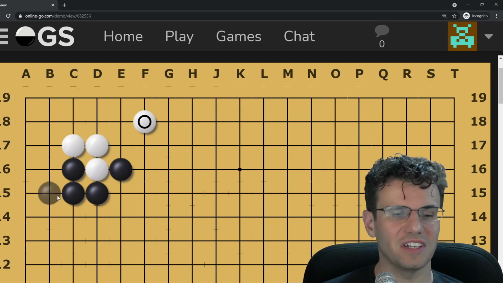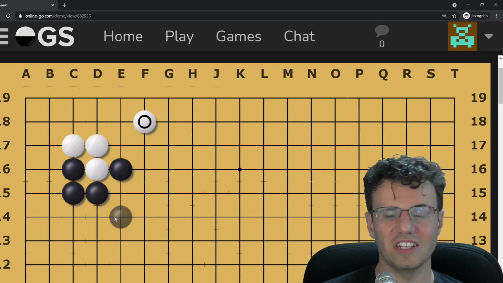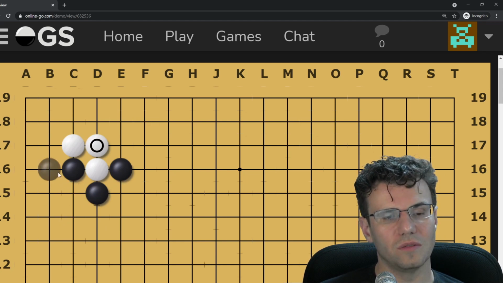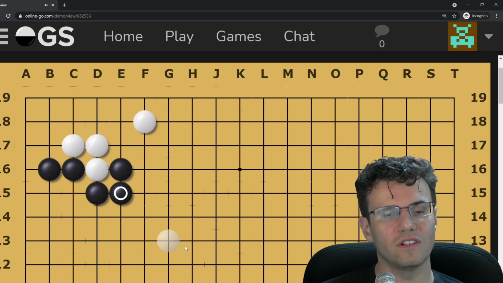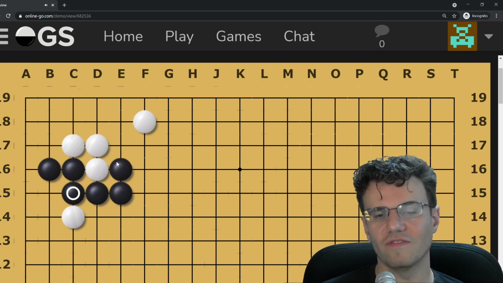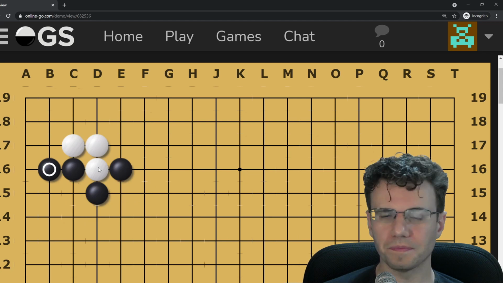Black still has a defect, not a real base, some thickness, but again, it's not thickness that's totally facing the outside. You can kind of imagine that, oh, here, let me put this stone here, and this stone here, and this stone here. This thickness may be worth something more, even though white has a peep here. This thickness is actually facing much more towards the center, and might be much more useful. So,